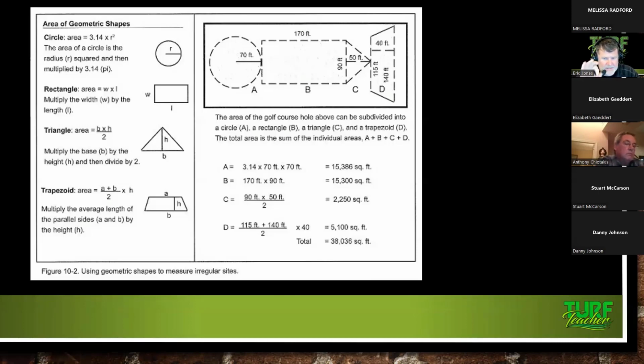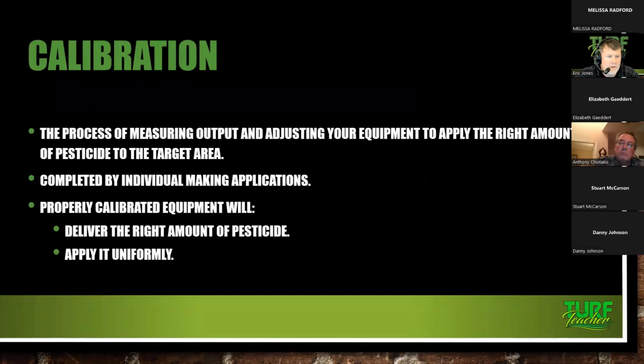And when we do that, guys, we should know exactly how many square feet of turf we're treating each year. Right now is the time to get geared up. Most of you guys are probably doing soil tests and getting out lime. Once you get those results back, you're getting ready to make your first round here in February. But you need to know exactly how many square feet of turf you're treating when you order your product. Again, you don't want to order too much, and you definitely don't want to order too little. You want to have just the right amount.